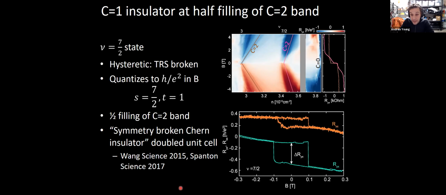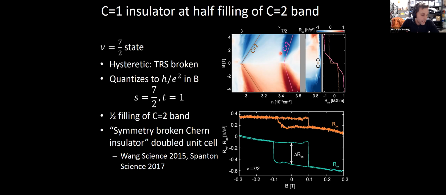But the fact is that that seems to be what happens, and this is something that we've seen this type of state, these kind of partitioning of Berry curvature in Hofstadter bands at very high magnetic fields. There's originally work by Cory Dean's group and later follow-up work of ours. When you have high Chern numbers, these are a type of ground state called a symmetry broken Chern insulator, where you may double, in this case, the unit cell and break the superlattice symmetry. But we've never seen them at 0 magnetic field.